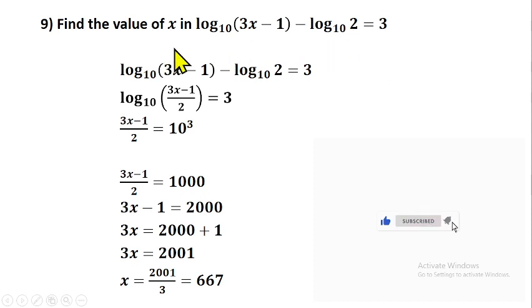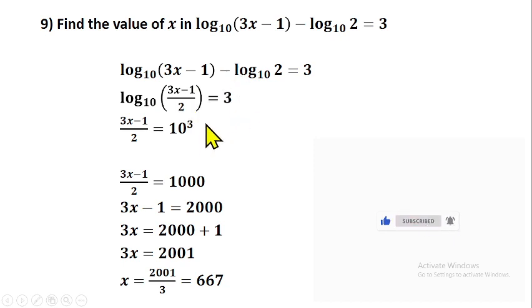Another question is what you are seeing on the screen right now. You have to find the value of x in log (3x minus 1) base 10 minus log 2 base 10 equals 3. So from there, what do we do? You can apply the law of logarithm to the left hand side here. That should give us log of (3x minus 1) divided by 2, division because of this minus here, equals